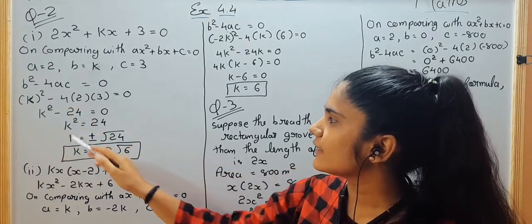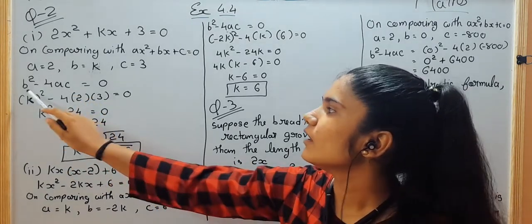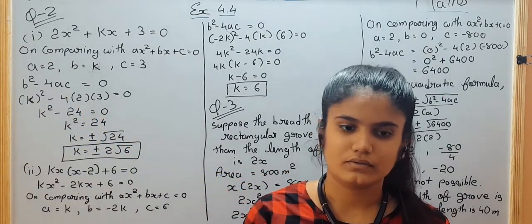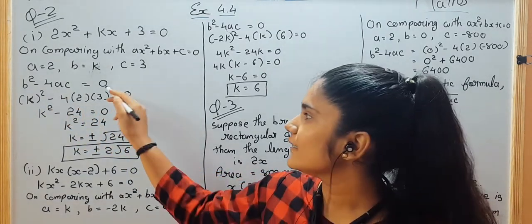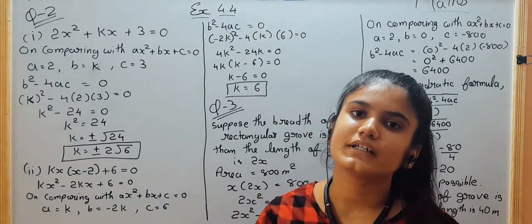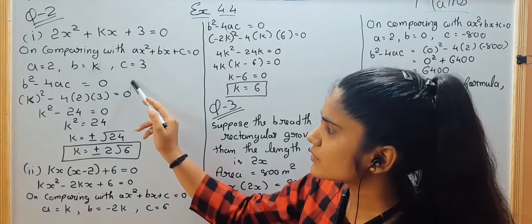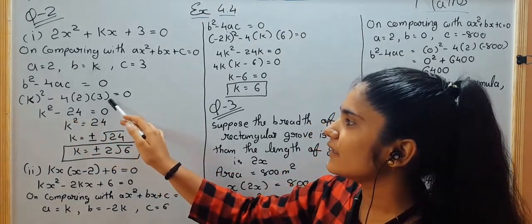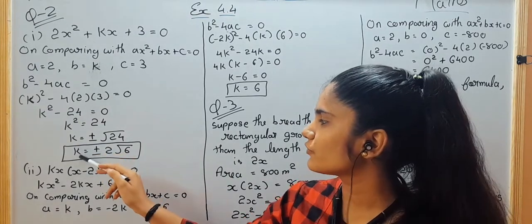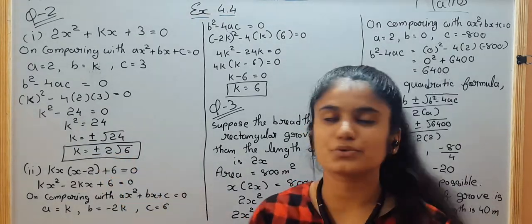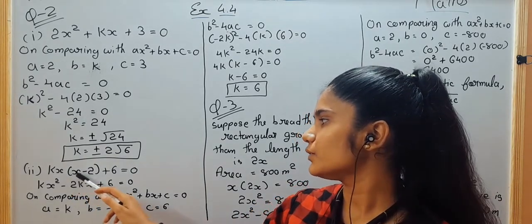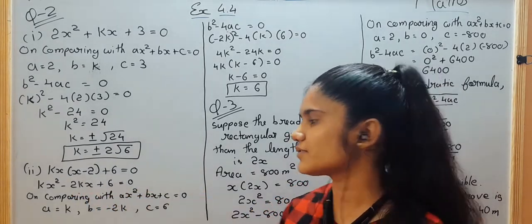And we get the value of k. Here b square minus 4ac is equals to 0. We have right here 0 because it is told that two equal real roots exist. So by substituting the values of b, a and c, we get the value of k equals to plus or minus 2 root 6. Similarly, in number 2, kx into x minus 2 plus 6 is equals to 0 is